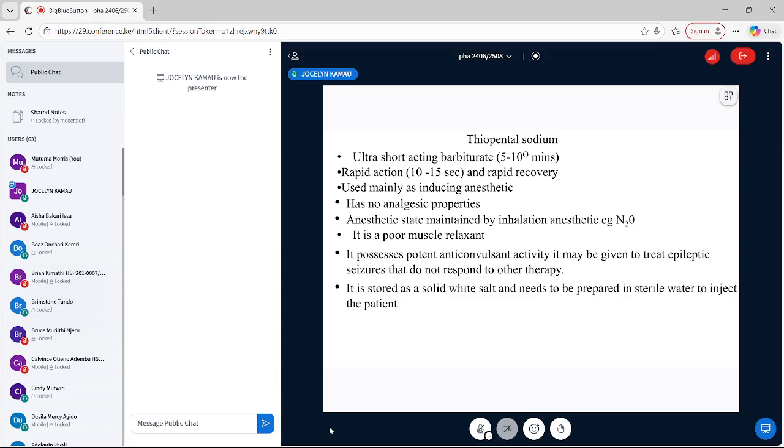Ultra short acting barbiturate, rapid action, we have used mainly as an inducing anesthetic, has no analgesic properties, anesthetic state maintained by inhalation, either by nitrous oxide or by the others. It is a poor muscle relaxant. It possesses potent anticonvulsant activity. It may be given to treat epileptic seizures that do not respond to other drug therapy. So you can't give it like for status epilepticus. It is stored as a solid white salt and needs to be prepared in sterile water to